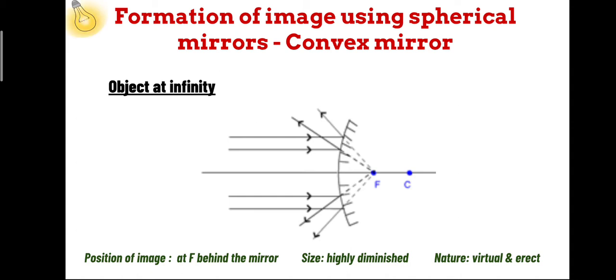Shall we see how? If you place the object in front of the mirror at any position between infinity and the pole of the mirror, you will see that the image is formed behind the mirror. If the object is at infinity, the image formed is at focus. Actually, the divergent nature of the convex mirror tells us that the image appears to be formed at F and is virtual and erect.